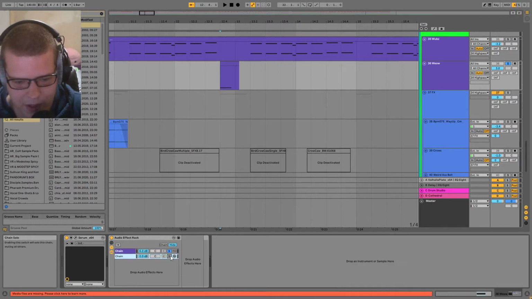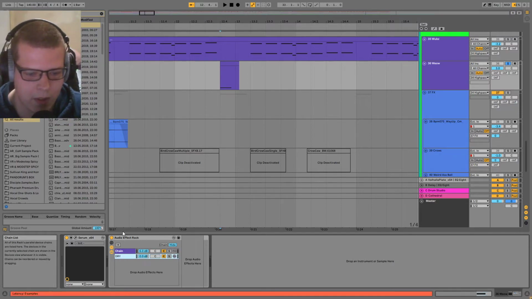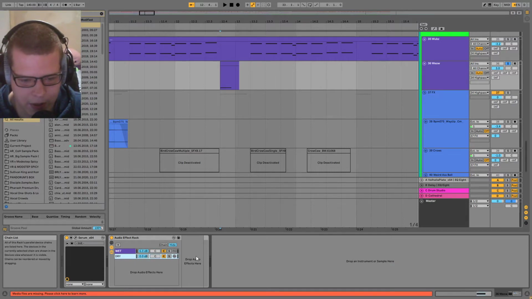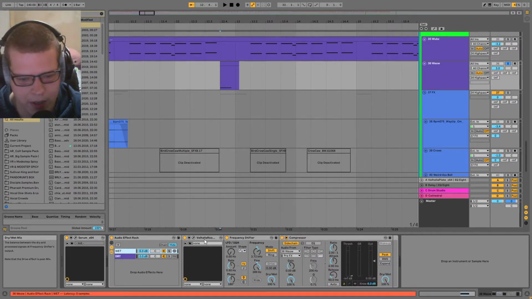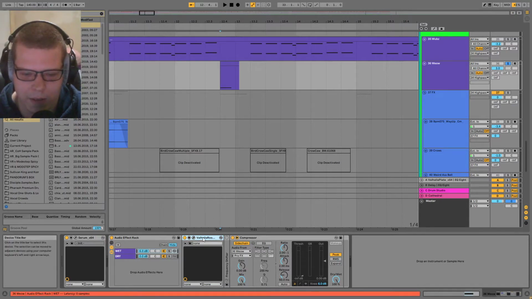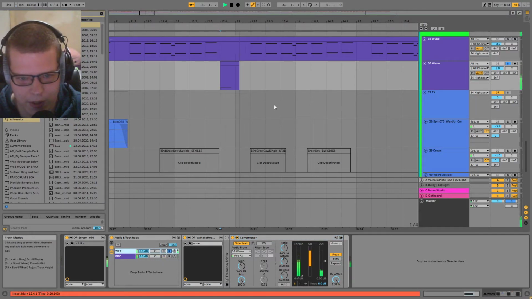So what you do is you make a rack like this. So I've got one dry and then one wet. On the dry, it's completely dry. And on the wet, I've got the reverb. And for now, we'll just omit the frequency shifter because that's not relevant anymore. So yeah, I've got the reverb into the sidechain compressor. Let's see what this sounds like. So yeah,